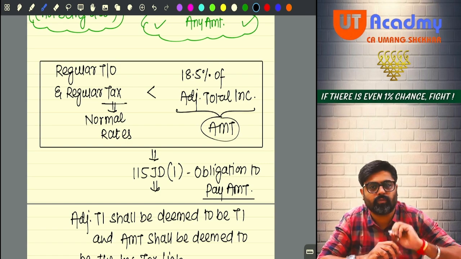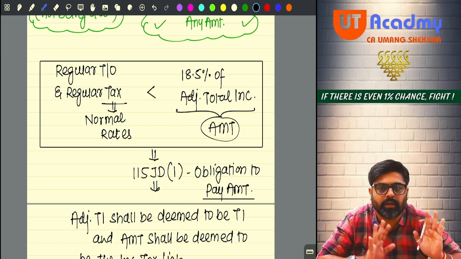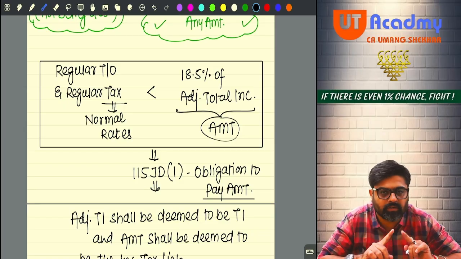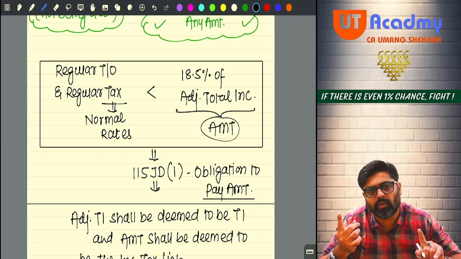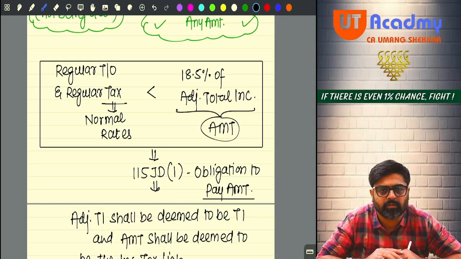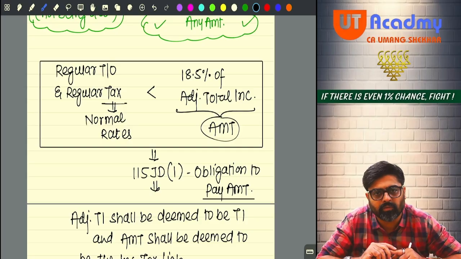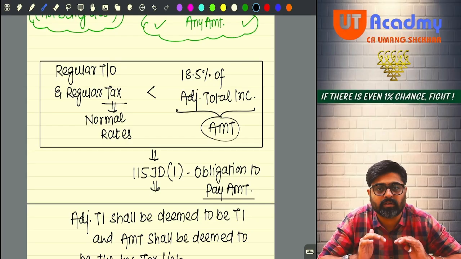If this condition is fulfilled, pay this amount as your income tax. If this condition is not fulfilled, calculate your regular total income, calculate the regular tax, pay that regular tax. Meaning that if the regular tax was higher than alternate minimum tax, we will take the regular tax only. But if the regular tax is coming less,